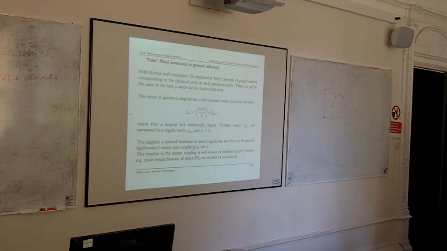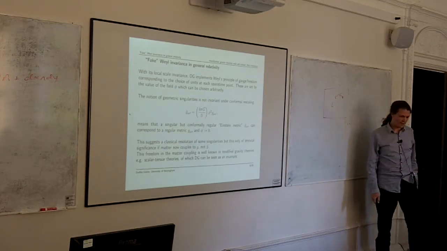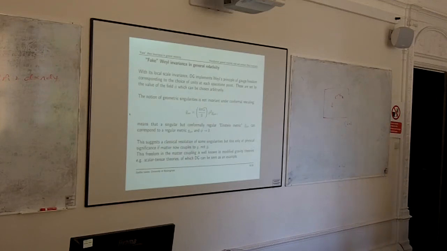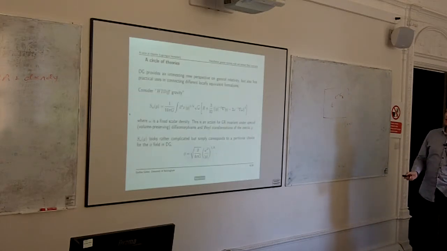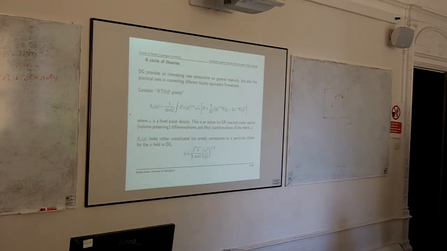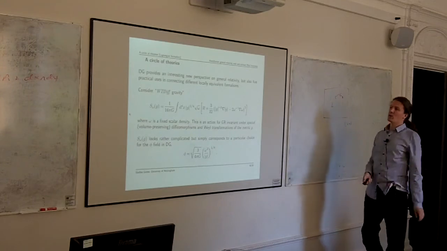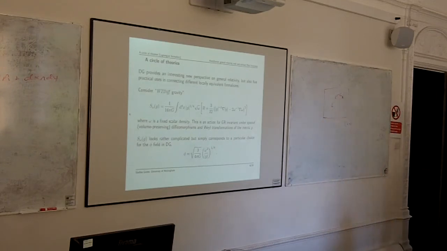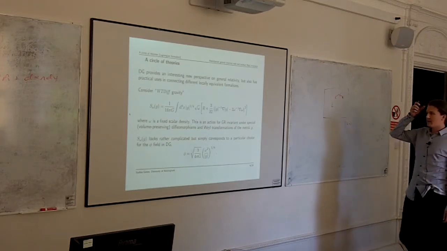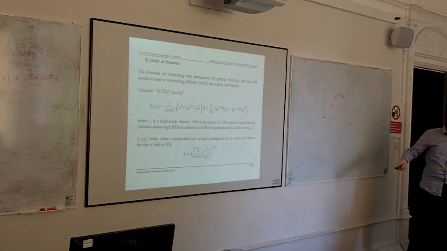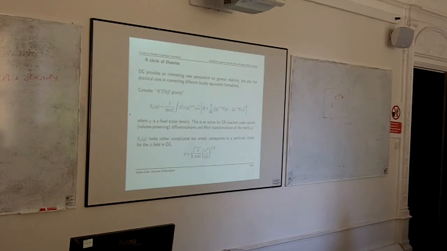Okay, so these were just some remarks to show you that there is this very nice, relatively simple formalism that is locally completely equivalent to GR, but now implements this principle of local scale invariance. So what do we do with it? You can view it, conceptually, as a new perspective on general relativity. Physically, nothing in what I told you so far differs from what you could do in standard GR. But one of the points I would like to make is that there's a practical use in connecting different local formalisms, in providing